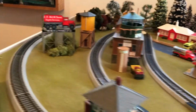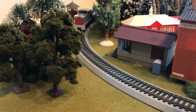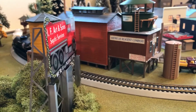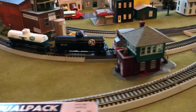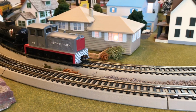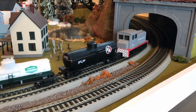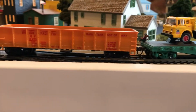Shot of the downtown. Let's watch it come out. Where is it? There it is. There it goes. And back into the tunnel. And the Plymouth is pulling, let's see,